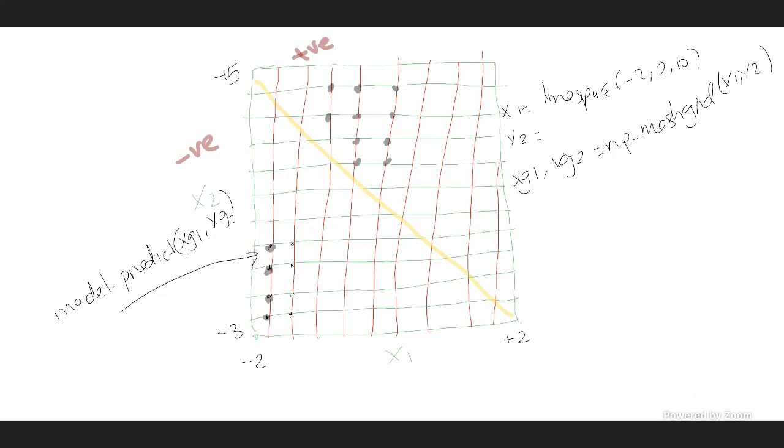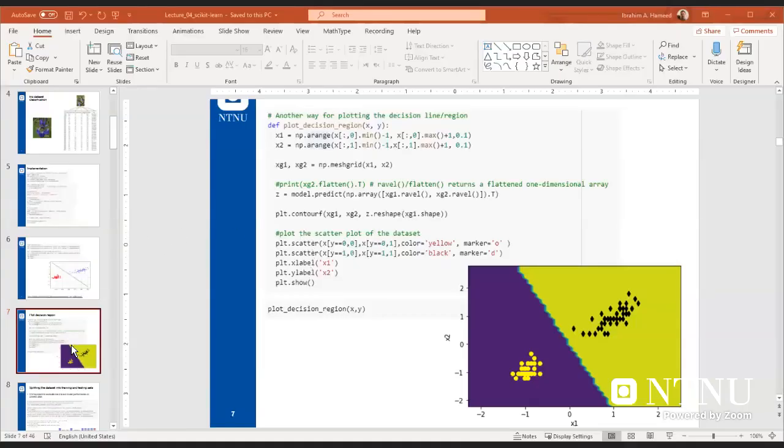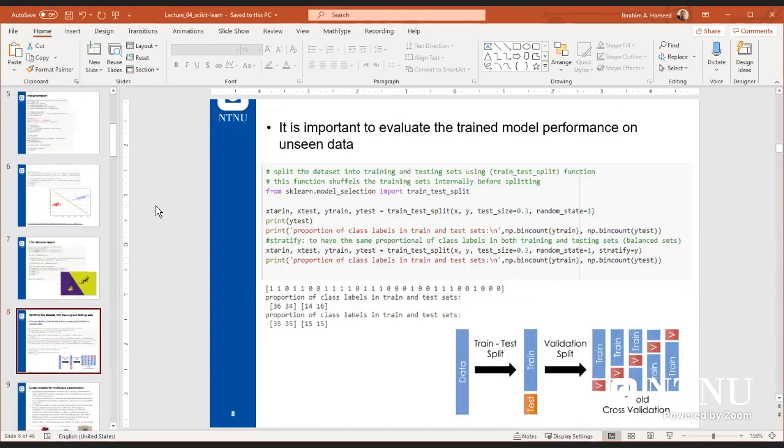I just explained it to you. I mean, plotting should be fine also. So now we will go back to the PowerPoint. Okay, so now we will go back to this problem. I just mentioned that it's very important to evaluate the trained model performance on